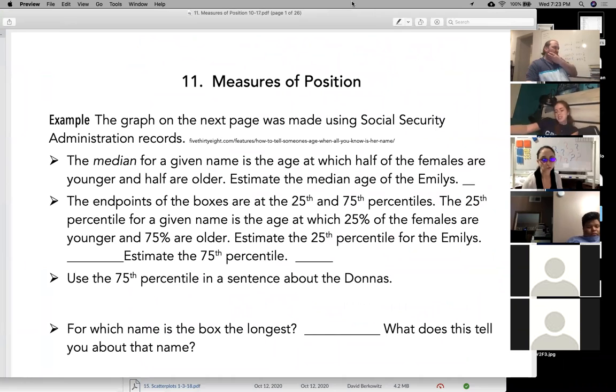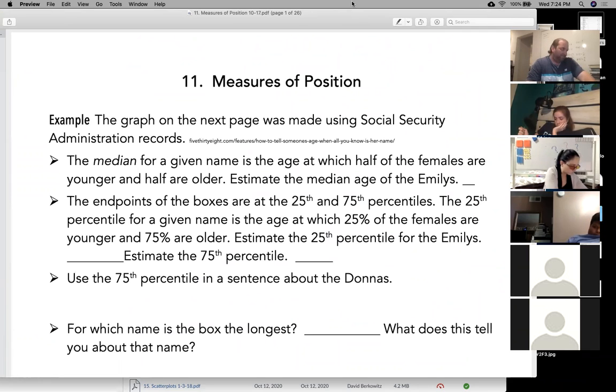Measures of position. Okay, so essentially when we talk about position, we care about where the center of the graph is. Now, if it's normal, the center of the graph is very easy to determine. It's right in the middle. If it's not normal, then it's a little tougher. So what do we do when it's not normal? Well, we have multiple